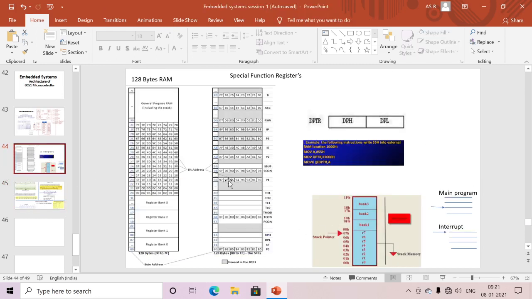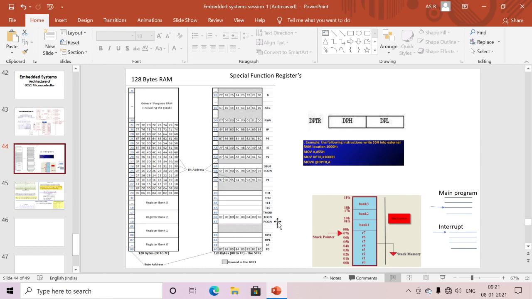Now we'll discuss which registers are bit and byte addressable. This is Port 0, which is bit and byte addressable. At the bit level also, I can access the bit address 80H with SETB 80H, so that I can directly set this particular bit. As well, we can access the byte directly at 80. For example, if I want to write the value 20 to this port, I can write MOV 80H, #20. By using the bit address or byte address, we can access Port 0. The stack pointer has byte addressing, and DPL and DPH also have byte addressing.